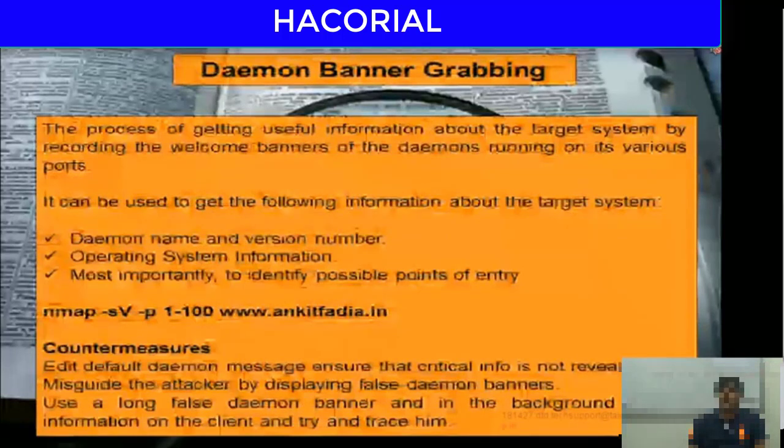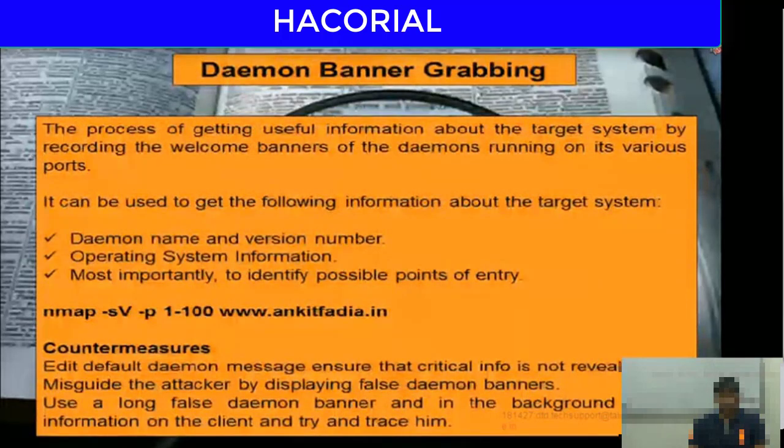So let us now see a formal definition of daemon banner grabbing. The process of getting useful information from the target system by recording the welcome banners of the daemons running on its various ports is daemon banner grabbing. It can be used to get the following information about the target system. One is the software name and version number, the operating system information, and most importantly, to identify possible points of